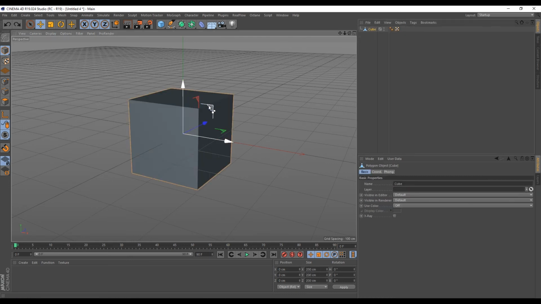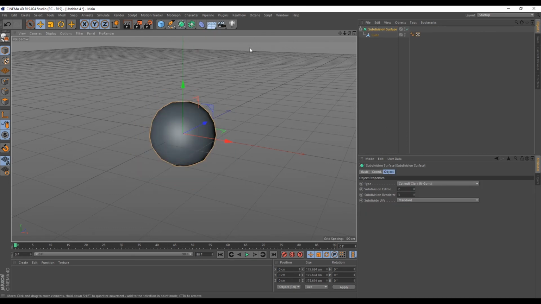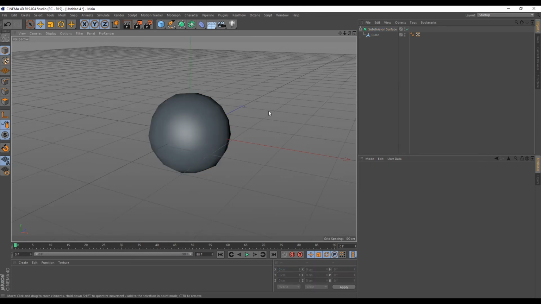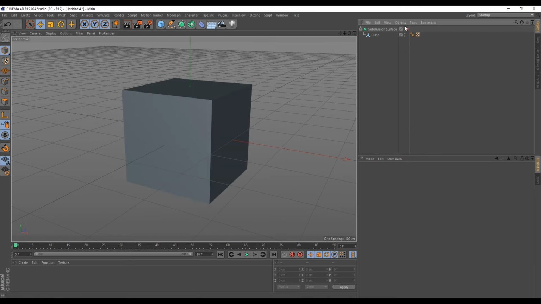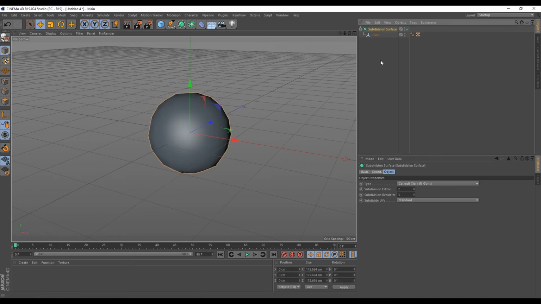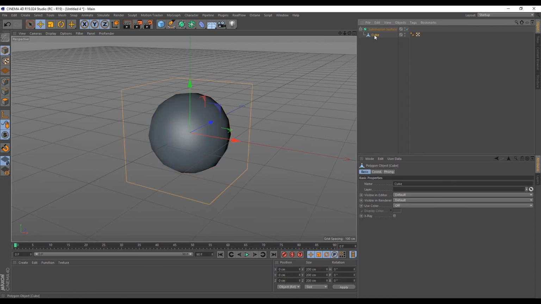A faster way to do this is to hold Alt before selecting this subdivision surface here, and it will automatically make this cube a child of the subdivision surface. Now there are 2 ways we can work with the subdivision surface. We can either disable it here, adjust our mesh, then enable it again, or we can just select our cube and work within this surface this way, so we can see it